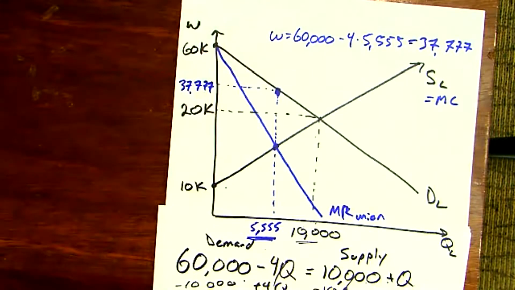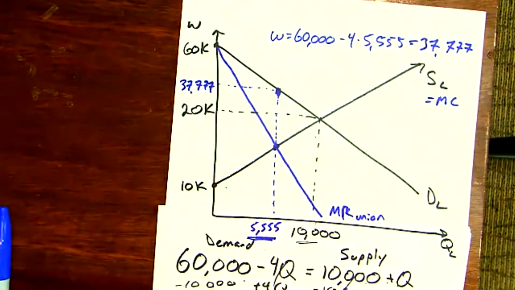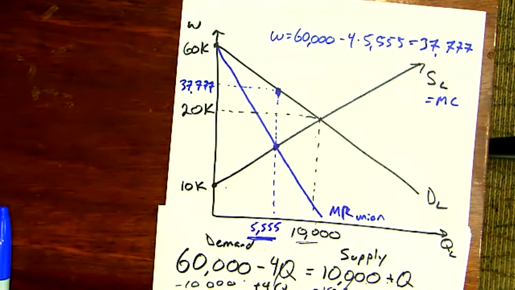what if instead I had a craft union? So what a craft union does is it just chooses the quantity that it wants. It doesn't do it based off of this marginal revenue, marginal cost. Now, they're probably trying to do that, right? But maybe let's say they guess a little bit wrong and they want to limit it to only 5,000 players, okay? So what would the difference be if we had instead a craft union? So